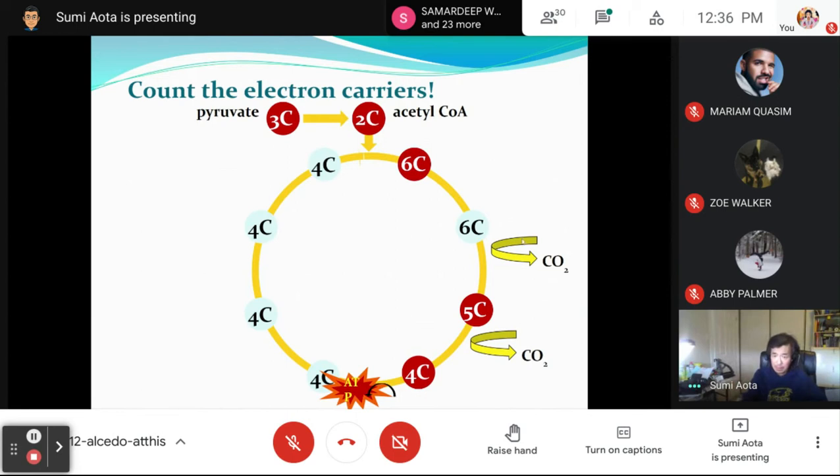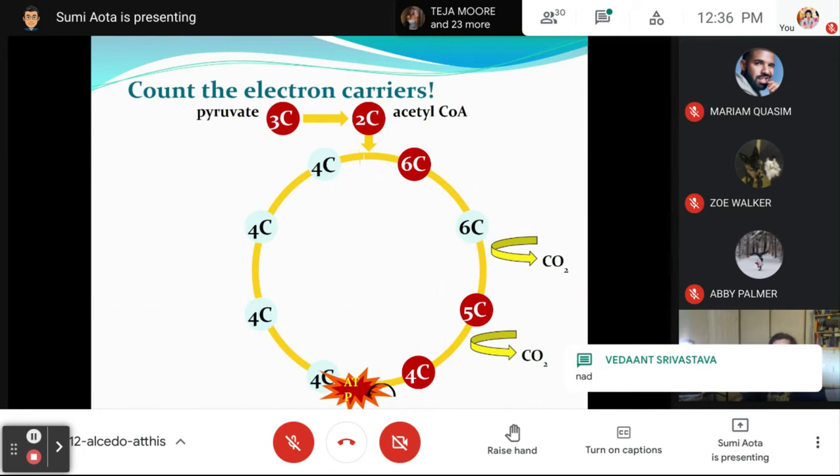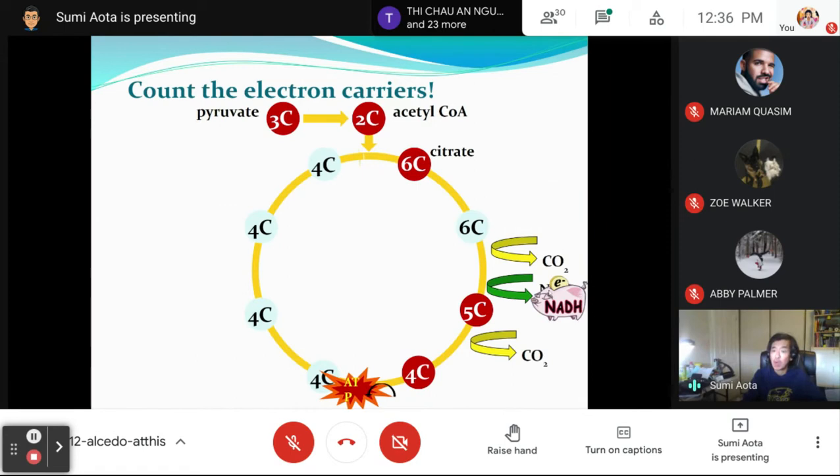What do we normally have come and grab electrons for redox reactions in biology? Right, NAD is going to come. So you're going to get a formation of one NADH when you go from 6 carbons to 5 carbons. Because we lose another CO2 going from 5 to 4, we also produce another NADH